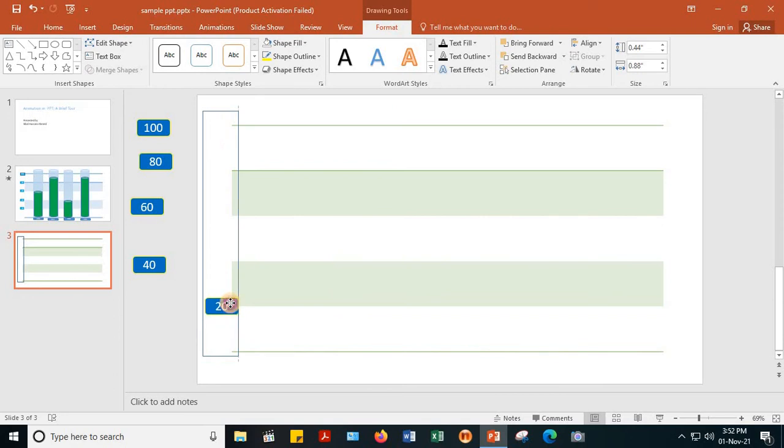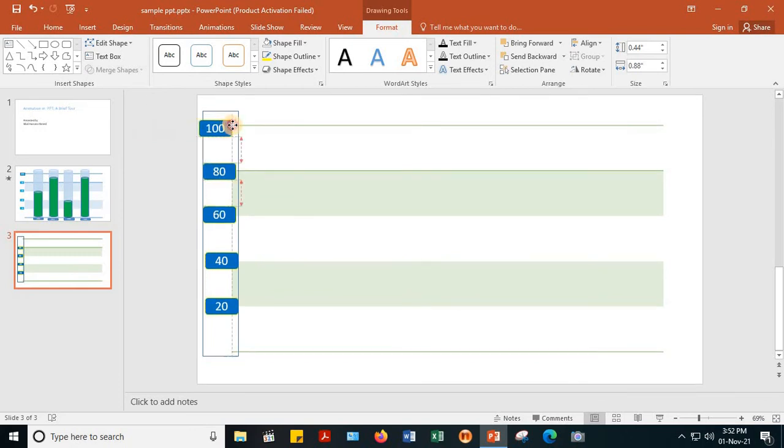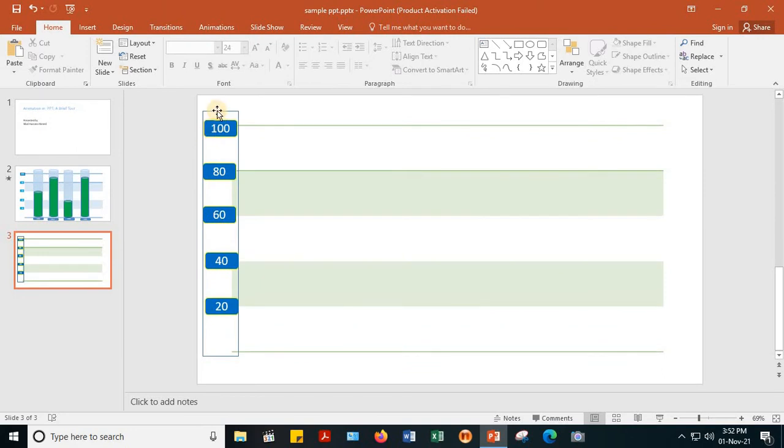Okay, this is 20, this is 40, this is 60, this is 80, this is 100. Now in order to keep all this together, I need to group this.